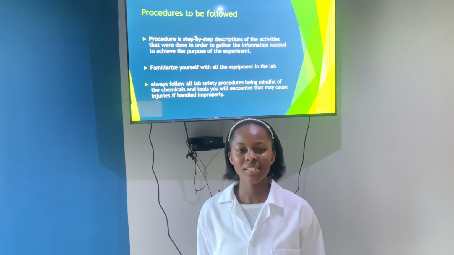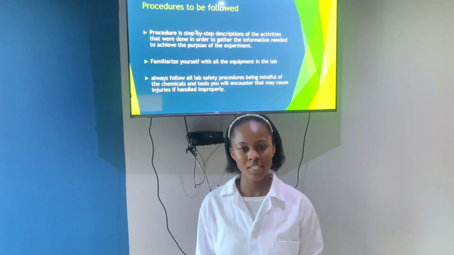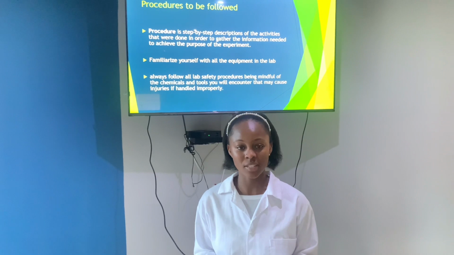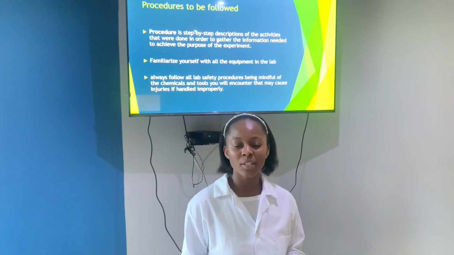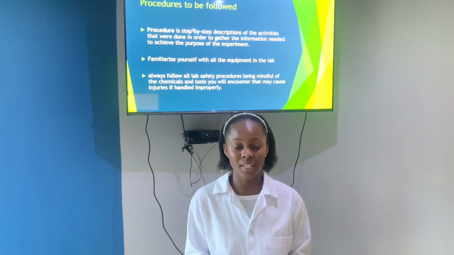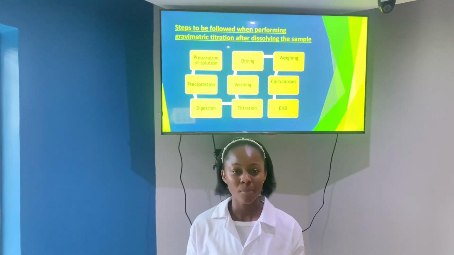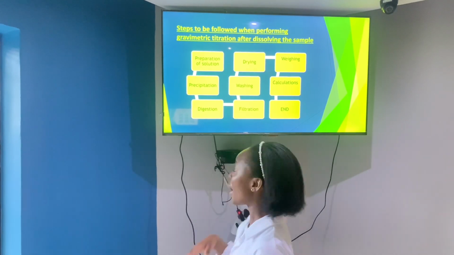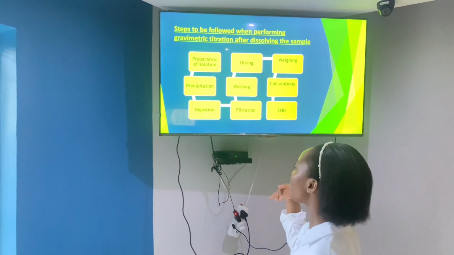A procedure is a step-by-step description of activities that were done in order to gather the information needed to achieve the purpose of this experiment. It is very important to familiarize yourself with all the tools and chemicals in the lab to prevent and eliminate hazards. Steps to be followed when performing gravimetric titration after dissolving the sample, in this order: